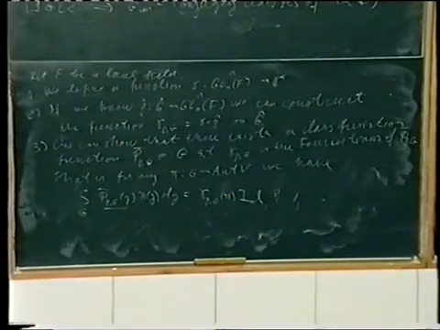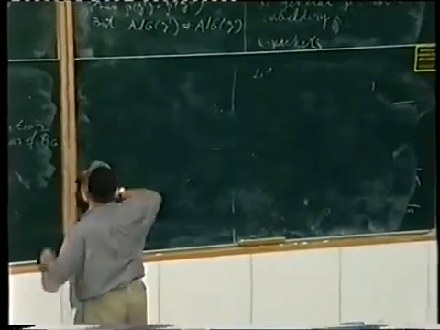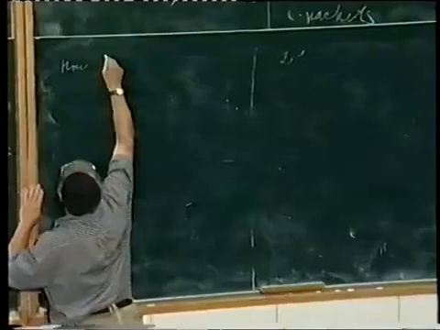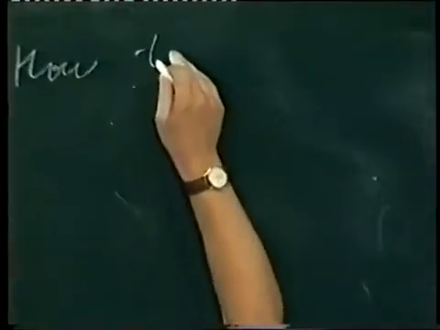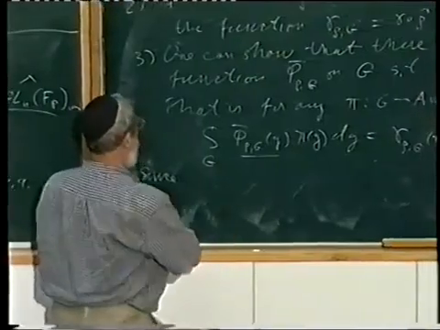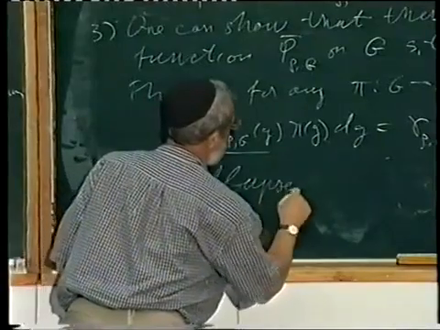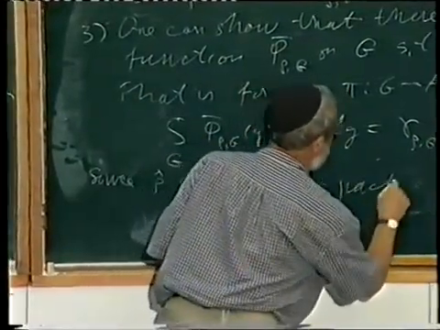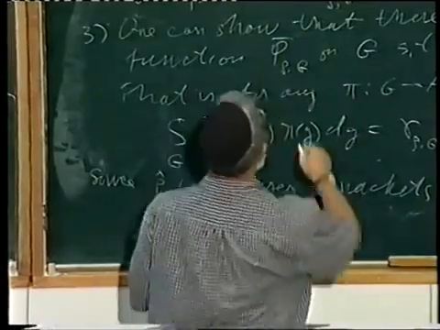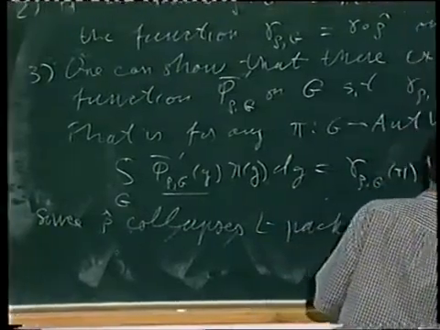Now, there are the following claims, and whether I have time to say anything more is not clear. Now, the program of defining the function goes in three steps. Let's do it one more time, I think. Now, since rho hat collapses L-packets, let's call prime here, we assume that,